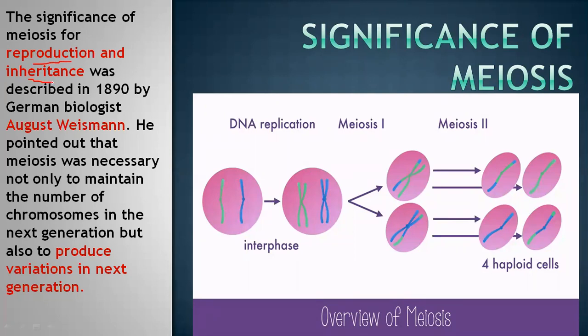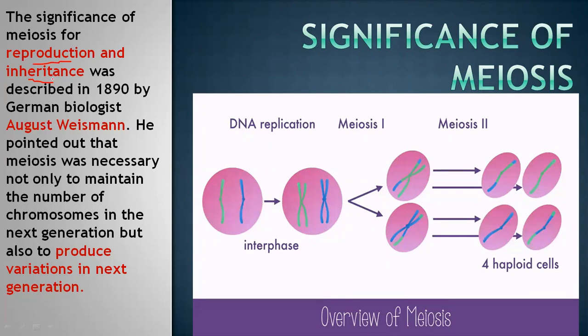Reproduction means production of new offsprings, new organisms. And inheritance means the transference of characters from parents to the offspring. These two very important characteristics, or significance, the meiosis division is having. So this reproduction and inheritance